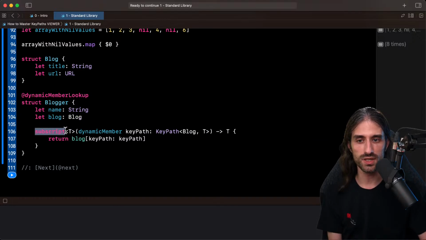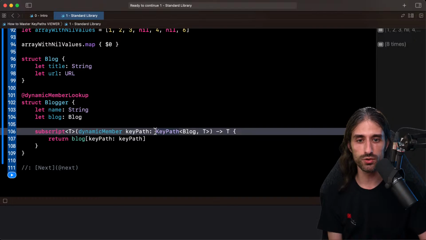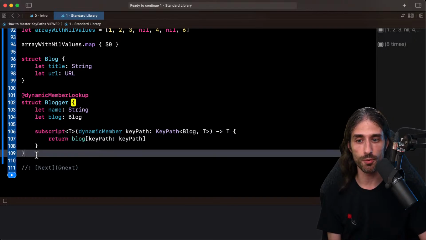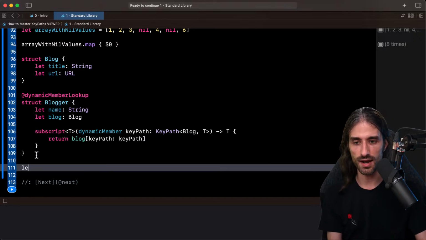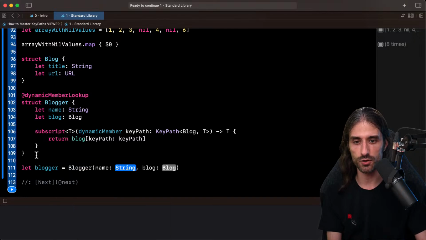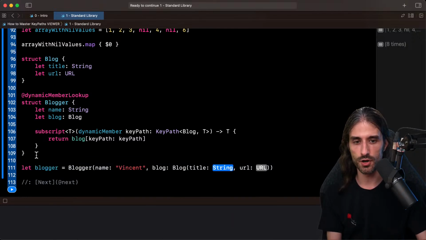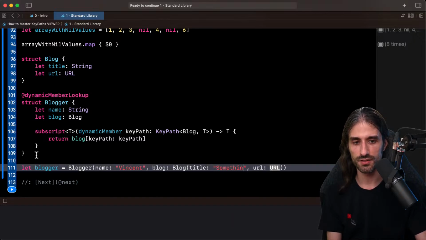And then by doing this subscript that takes a key path, you're able to reroute the key path you're receiving into the blog property. And what this allows is that, so I'm gonna create a blogger. So let me create one. The name is gonna be Vincent. For the blog title is gonna be something about key paths.